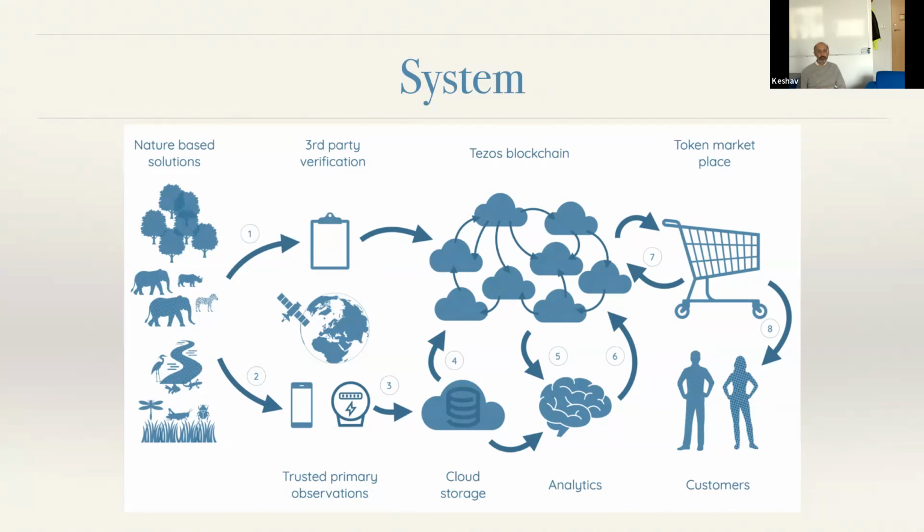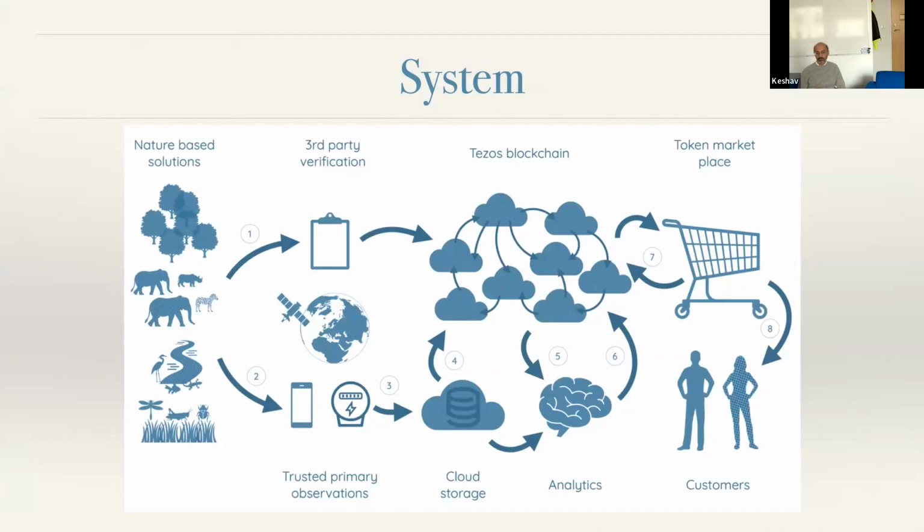That's how it goes. So in the beginning, we had the nature-based solutions. There are projects such as mangrove plantations or protection. And so the first thing is to have this third-party verification. Somebody has to verify that the project owner, in fact, owns these projects. They're not just pointing to some random spot on the earth and saying, I own this. So that's one important part. Once you've got that part done, which is a one-time cost, then we want to have these trusted primary observations based on satellite observations or crowd sensing using mobile phones or even just meters. Of course, we need trusted meters.